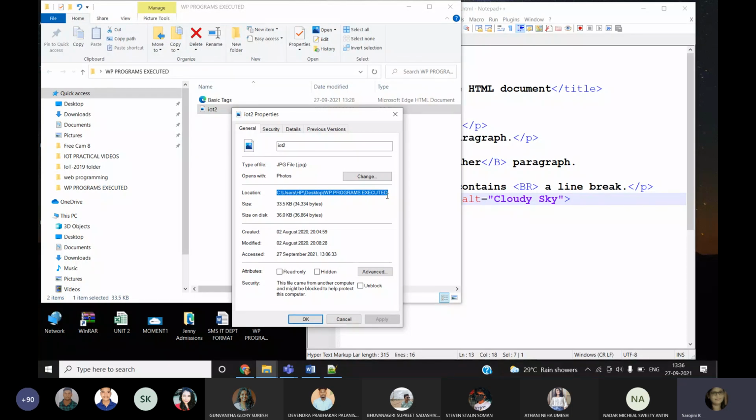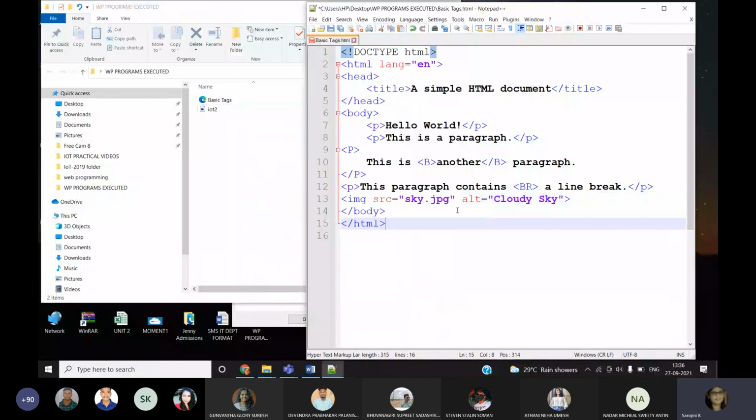Observe. What is our file name? IoT2.jpg is the file name. What I'm doing is I just copy, because if I type it myself I may make some mistake. So I copy and paste the path in my program.